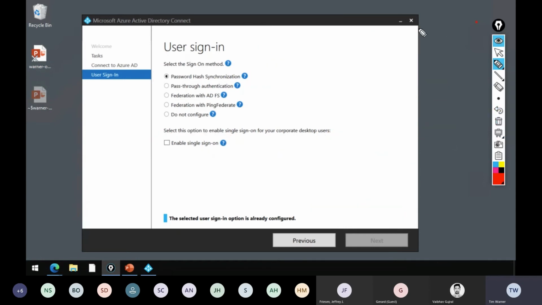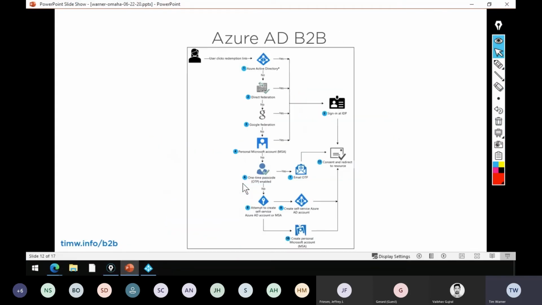So that's a quick review of Azure Active Directory Connect. Some other things that you can do here, you can do the custom or the express. Don't go to express. Custom is going to allow you to pick and choose which users you're going to put into the cloud and which ones you aren't. If you do express, everybody, including service accounts, is going to the cloud. Is that what you want? Probably not. Let's come back here and see. This is the business-to-business collaboration flow. We've already been through this.